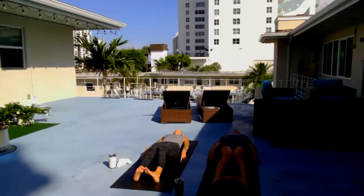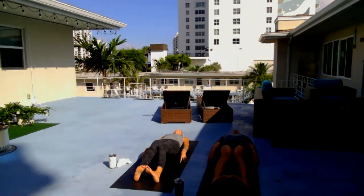Make the chest proud, hollow out the belly. Now, squeeze the thighs, most important part of this exercise. Pull the heels, second most important part. And then third part we're adding on is try to lift your butt up off the earth while you do the other two things with great intensity. Inhale, exhale,